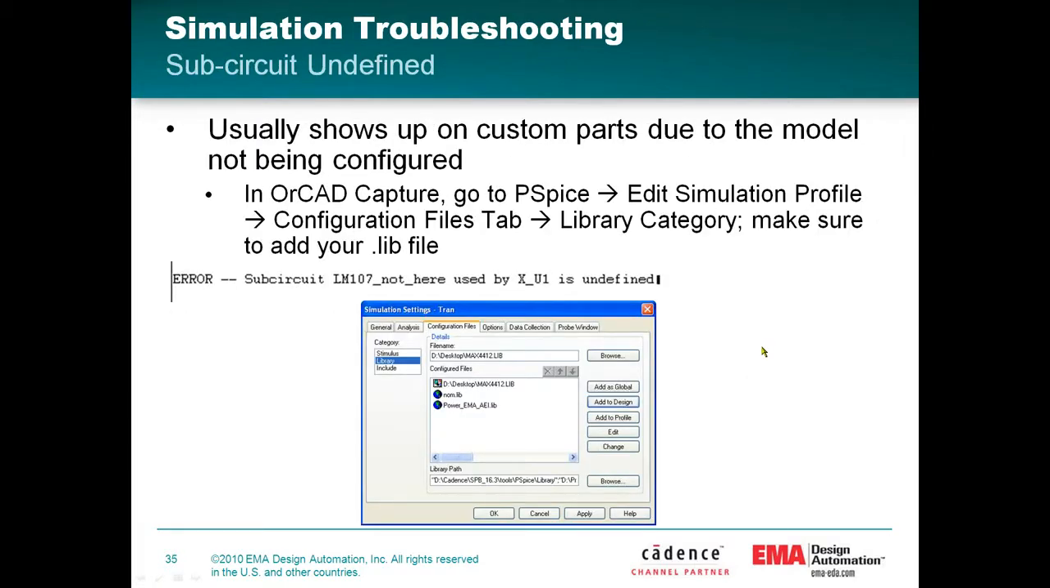Okay, sub-circuit undefined. This is probably the most common error that we see. It basically has to do with the simulator not having the configuration for the library location. So when you do things like download a vendor